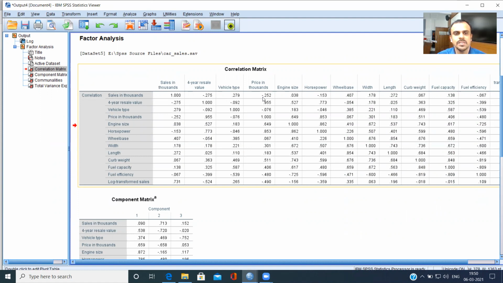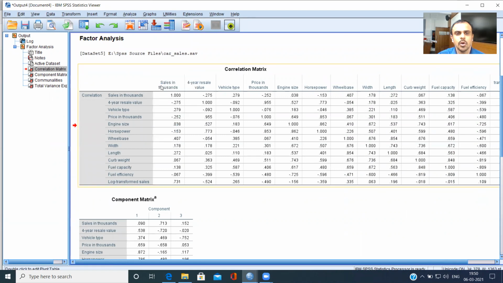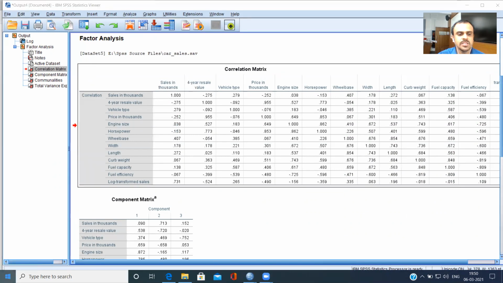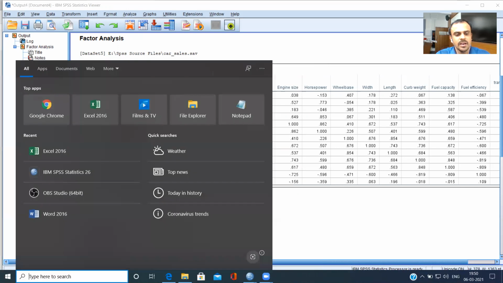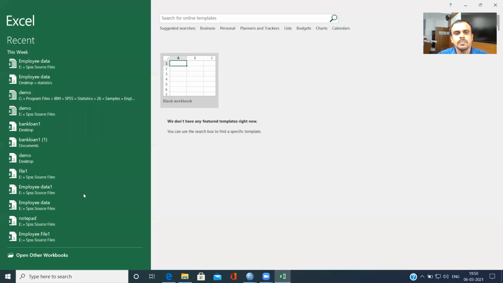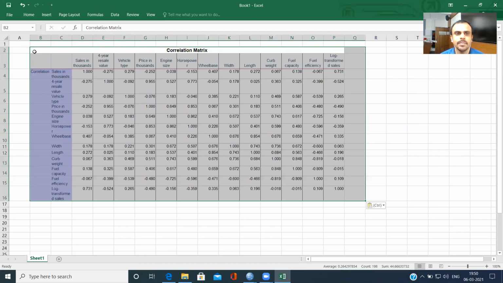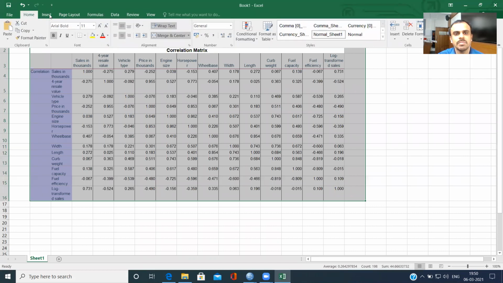So let me just copy this, or you can just right click and click on the option copy. I'll go to Windows, and here I'll just fire up an Excel application. So as you can see here, I am in my Excel application. I can come to the first cell and do a Control V, right? Once I do a Control V, that entire correlation matrix comes into